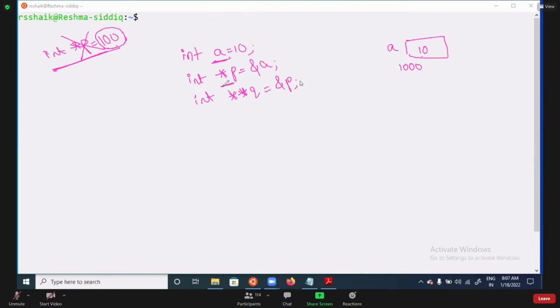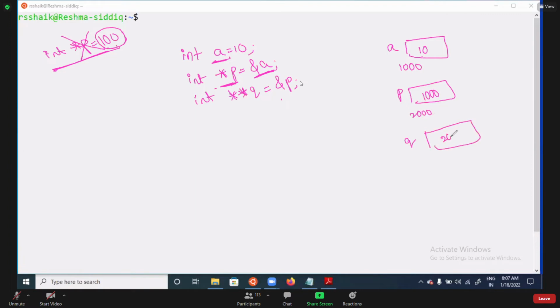A single pointer needs to take only the address of a variable. A single pointer is going to hold only the address of a variable. If you are storing the address of a single pointer, then definitely a double pointer is required. Q is a double pointer.